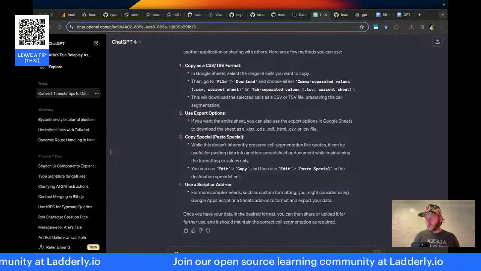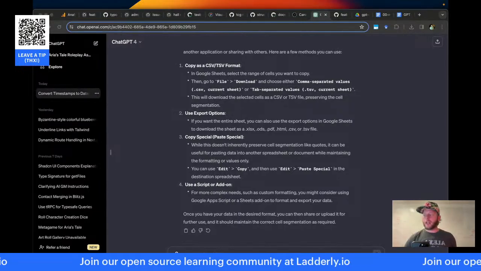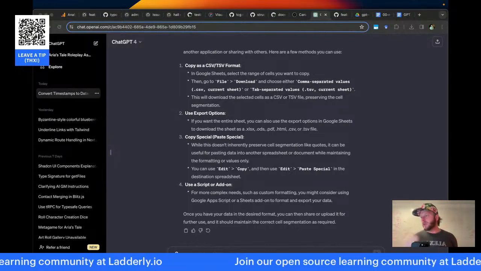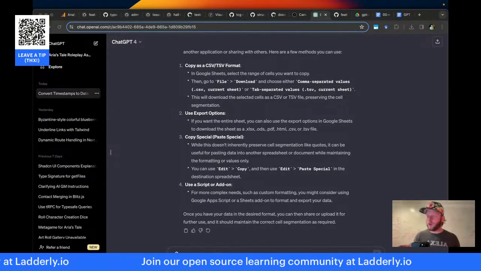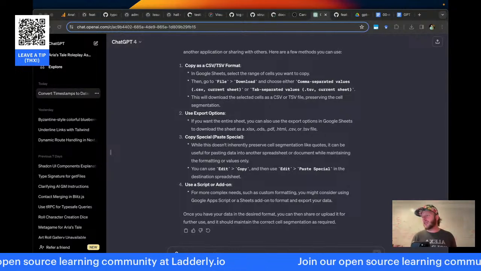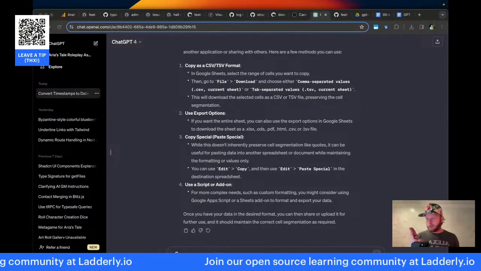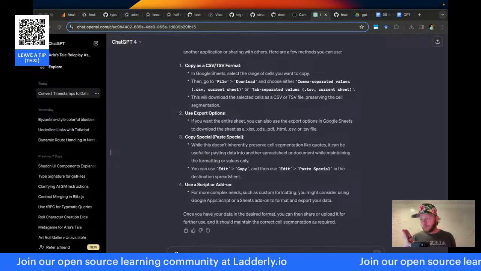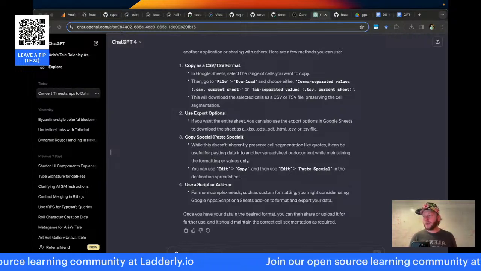So I don't want to copy the whole CSV, because it includes PII, but I could do a couple things. I could download the whole thing, then delete the column on my own machine. Or I could copy Google Sheet to Google Sheet. I think I want to do that.